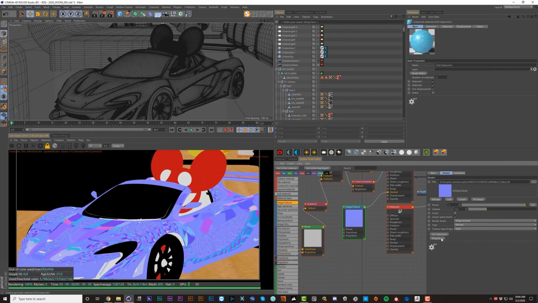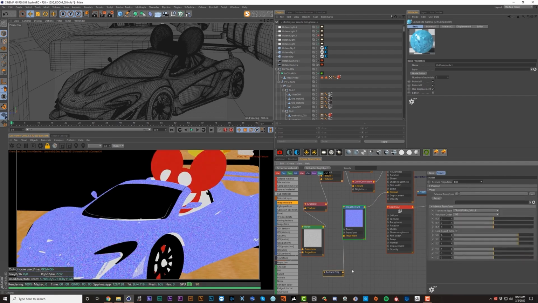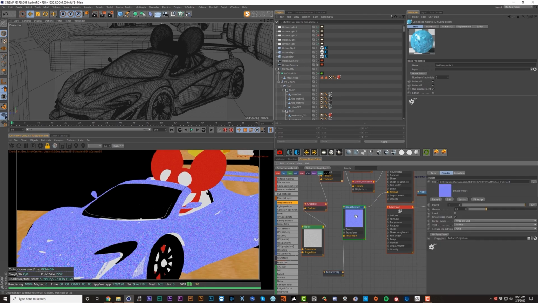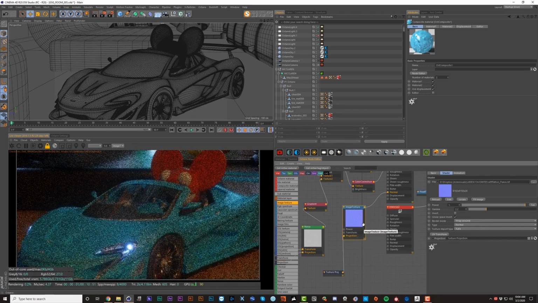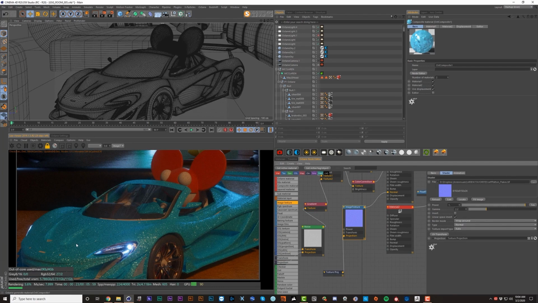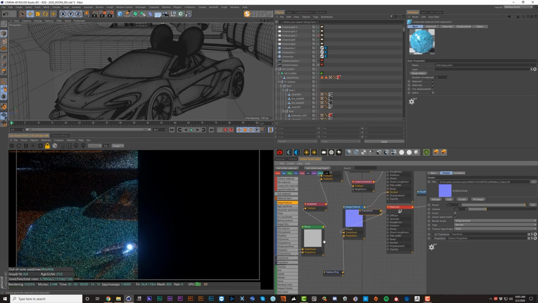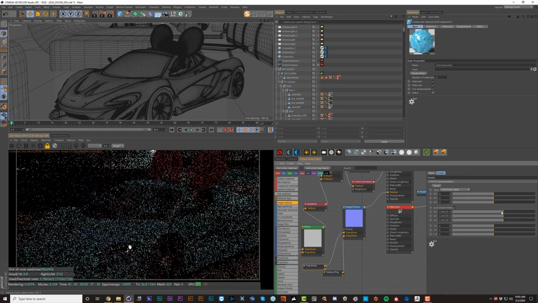So let's change this to box. And that's kind of nice, though I think we're going to want to scale it down some more, but let's just take a look right now. And here you can definitely see what this is doing. It's causing all these little sparkles in the paint and the light to bounce at different angles, which creates this kind of glittery effect. This is the same kind of thing you could do with a snow shader to make that glittery look happen. So let's hit UV transform and let's scale this down quite a bit,